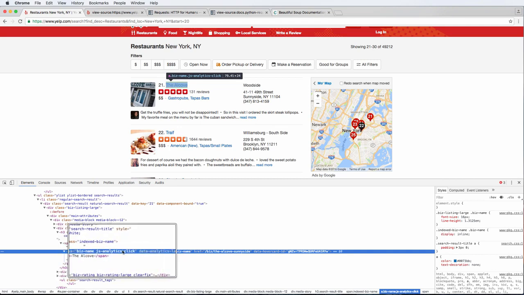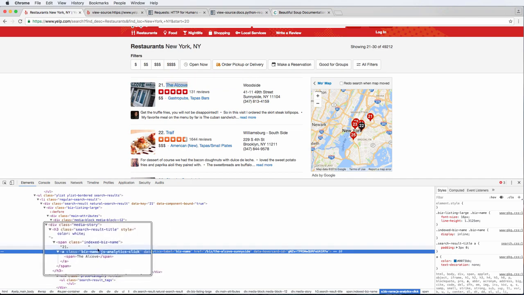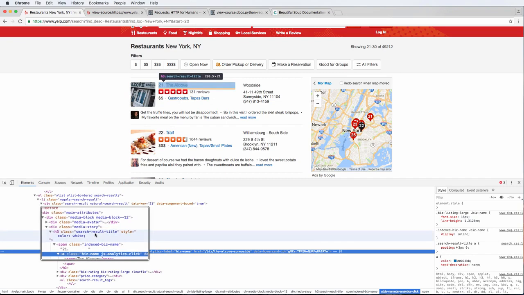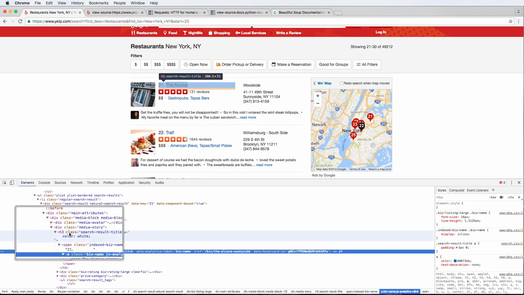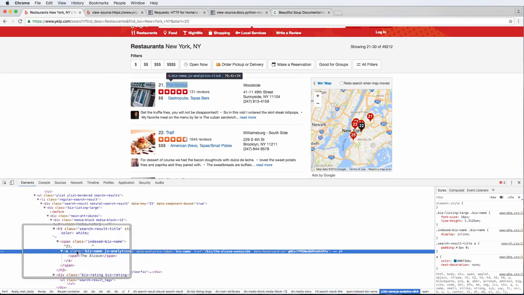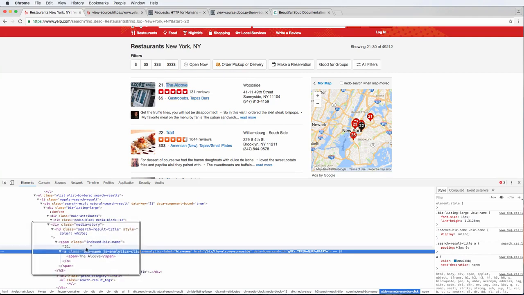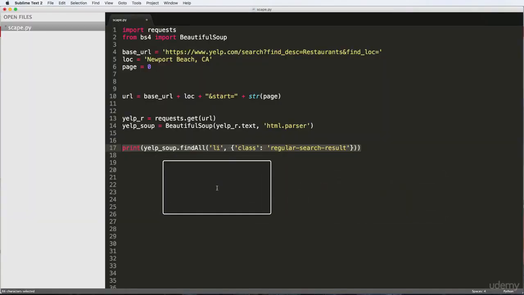js-analytics-click doesn't seem like that's unique to the biz name. Biz name does, right? Where search title, like result title, also does, which it does, right? So we can go off of a few things here. We can go off H3 class search title result, or I can do the A class of biz name. I'm going to do the A class of biz name. So let's try that. And again, this is playing around with it